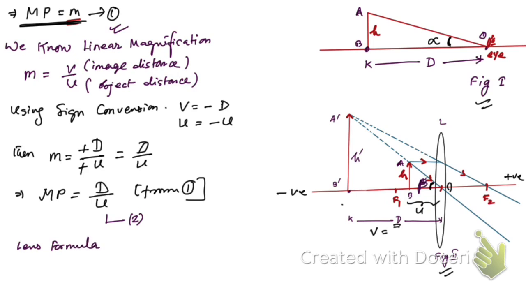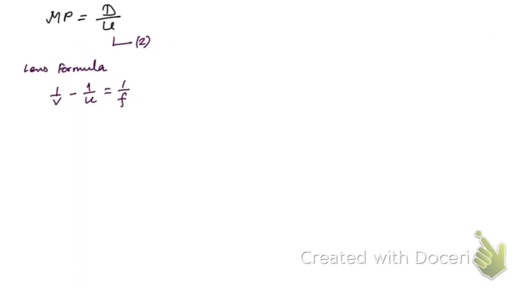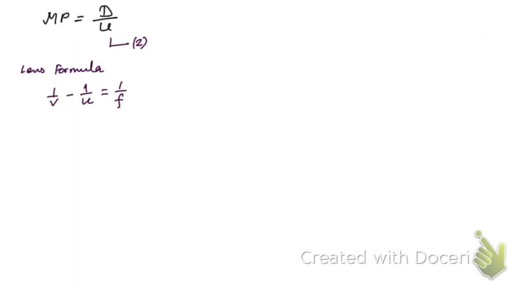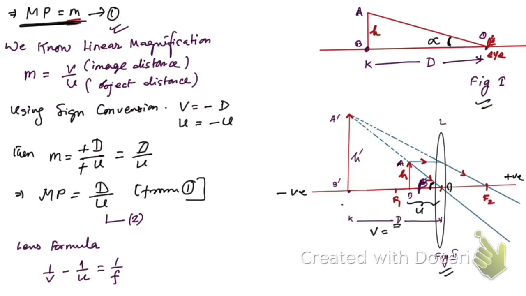The lens formula was 1/v minus 1/u is equal to 1/f. Okay, now let me copy the lens formula as equation number 2, and let me take a new slide. So here are the 2 steps that we need now. Now you see, let me go back to the previous slide. If we again use this sign convention,